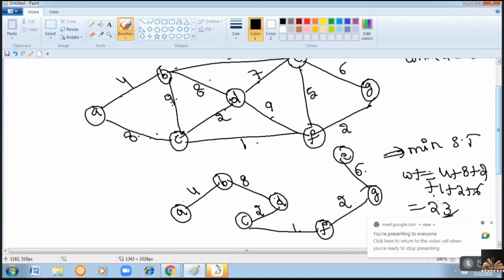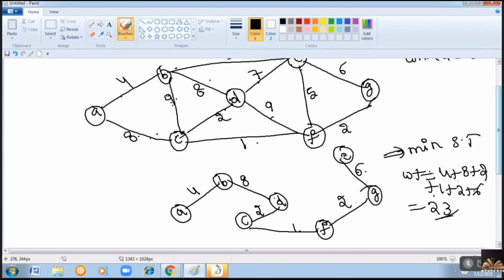One more point is, before you proceed with Prim's or Kruskal's algorithm, first, if there are any parallel edges and loops in the graph, you first remove them. Then only you start the actual Prim's or Kruskal's algorithm process. When there are parallel edges, you remove the edge with the highest cost or weight. The edge with more weight is to be removed.